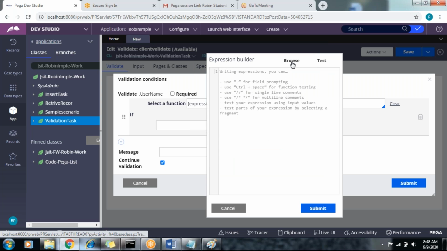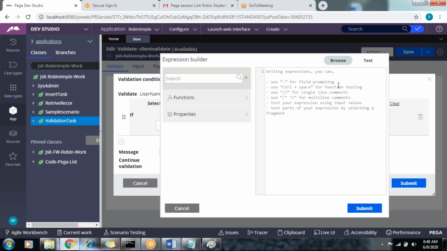Before writing the expression, we need to select a function for validating the length. Suppose the property length requires a minimum of 5 characters. That is what is going to be validated.